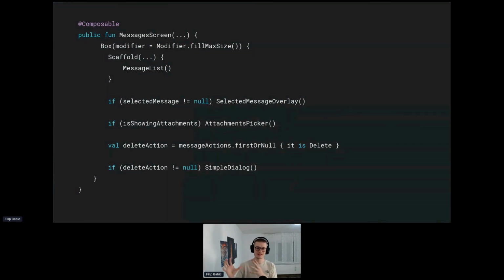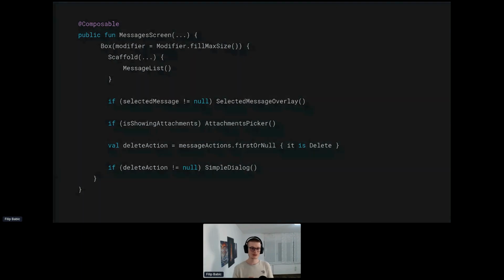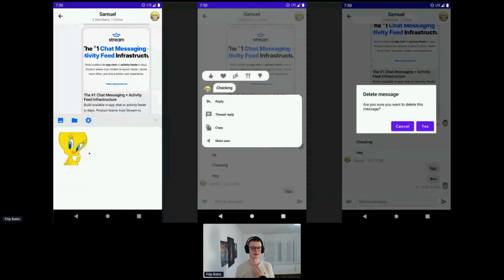Instead of having very deeply nested states, such as using this attachment picker as a bottom bar, which you can obviously do, but that means you have to wrap the content in the bottom bar that you're going to show, which is not always ideal. To avoid all this nesting and crazy structure, you can just place everything in a flat structure, and it makes it easier to reason about the code.